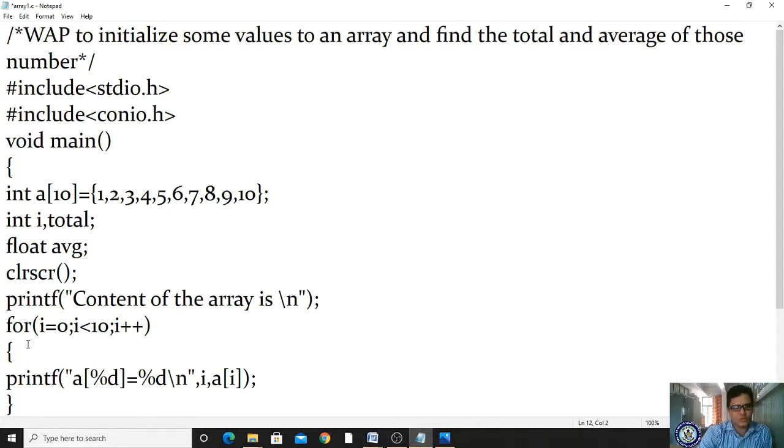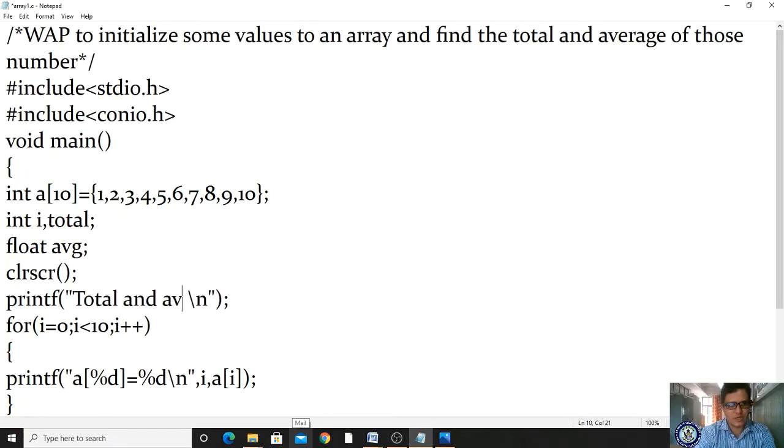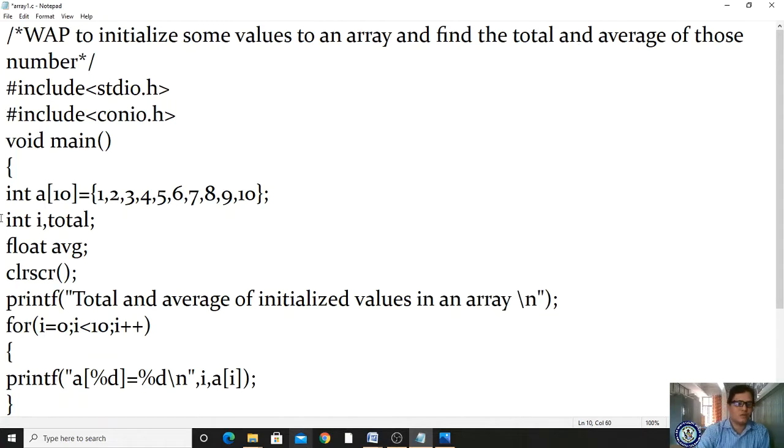So to process our data, first I'm giving what is the aim of our program: total and average of initialized values in an array, just for understanding purposes, right? Now for i is equal to 0, i less than 10, condition is true.